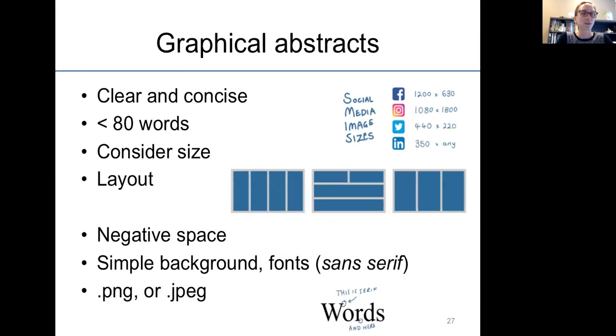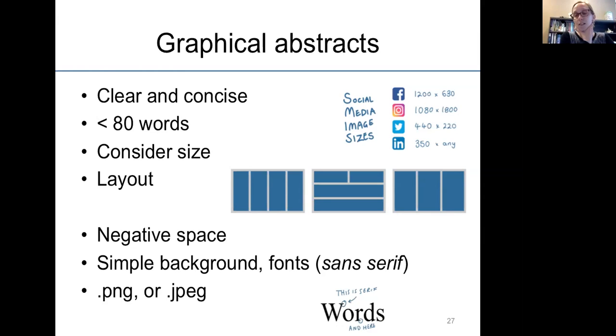Some things to think about as you create graphical abstracts, though. Clear, concise, very few words, less than 80 words, and consider your size. If you want to make a graphical abstract because you want to promote your paper on social media, we have different pixel sizes for your different social media outlets, so that's something to consider. And consider layouts: multi-panel forms seem to work very well because they allow you to have your storyboard set up.